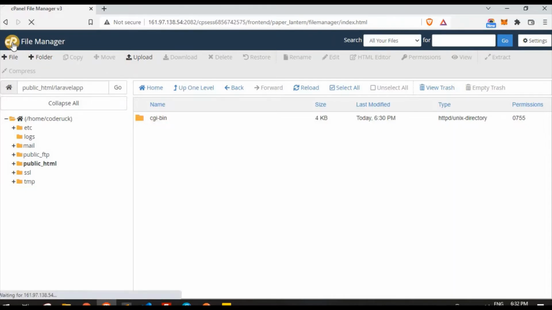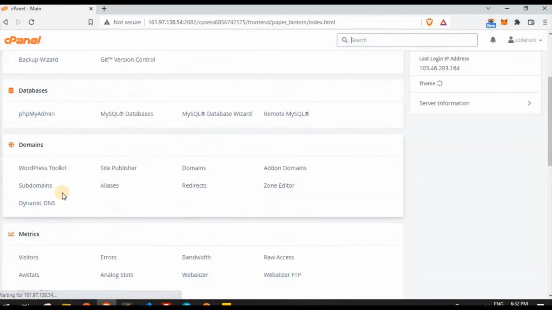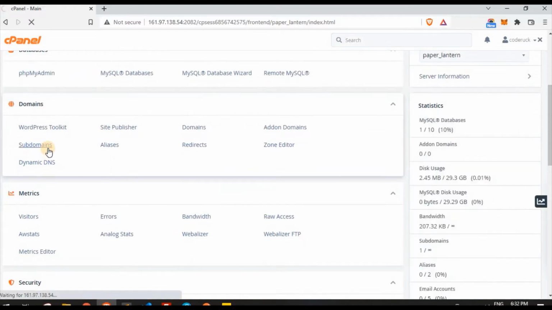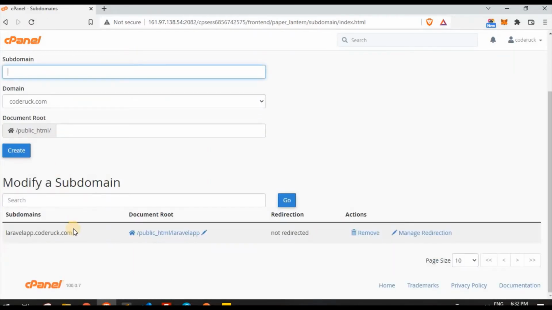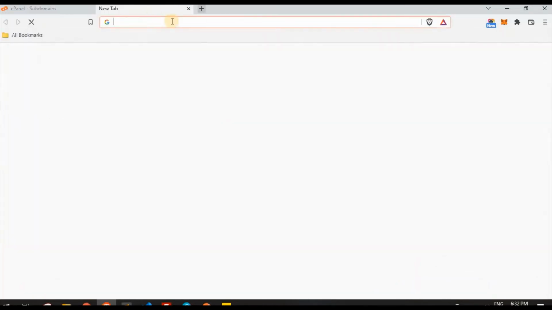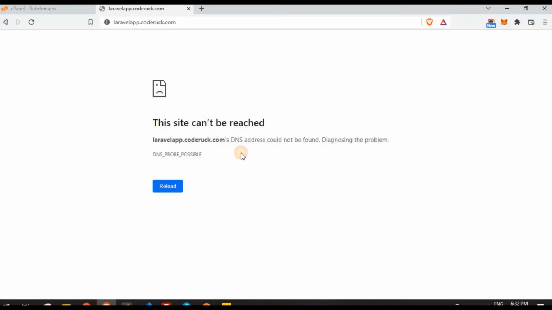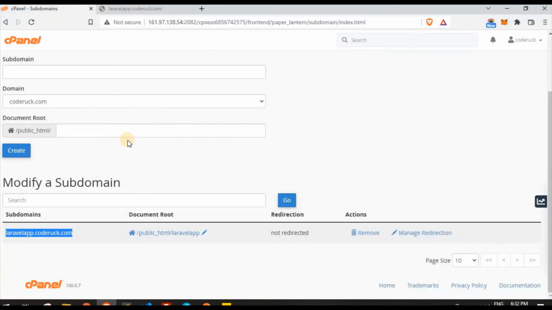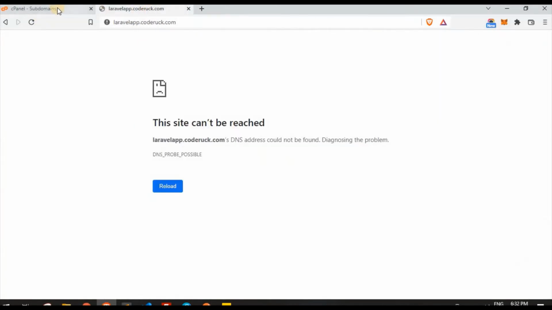If we try to run this, we go back and check the subdomain, because I'm going to copy my subdomain name. This one is laravel.coder.com. If we try to open this one, it will show nothing because we haven't uploaded anything. But just to test whether this subdomain is working or not, what we're going to do is